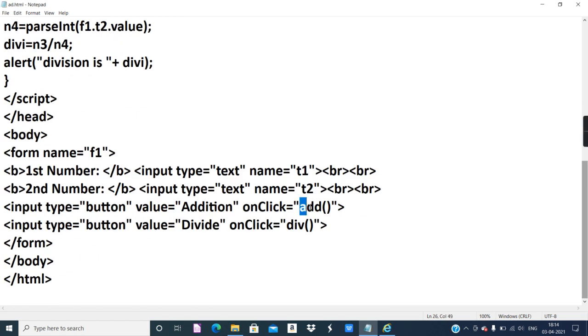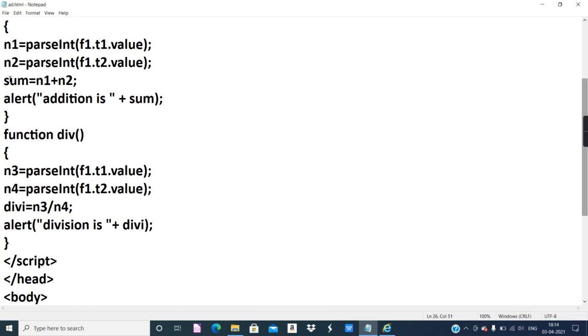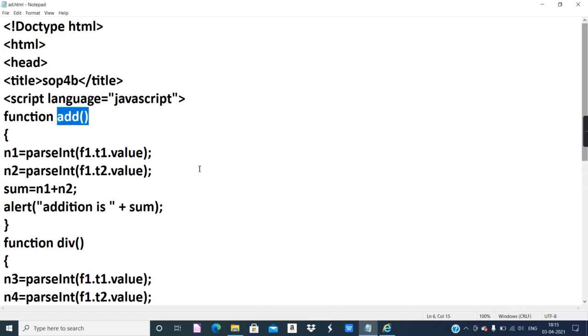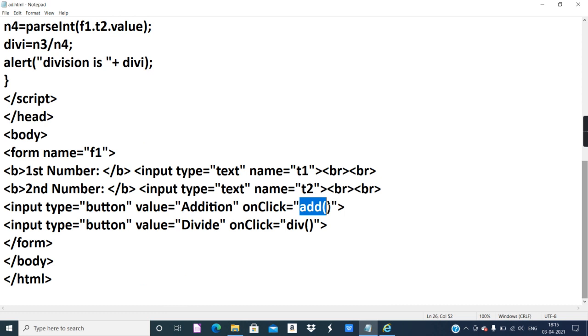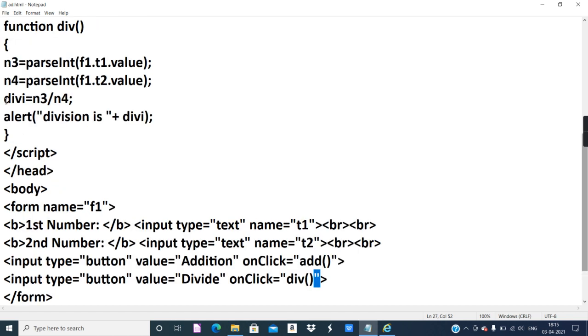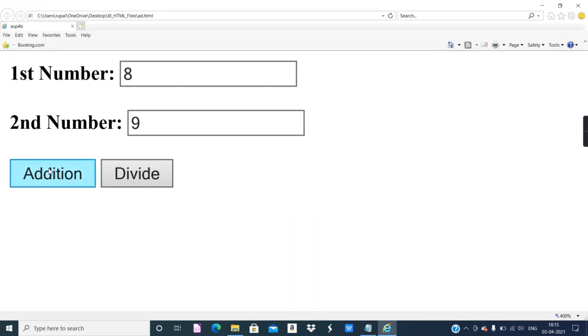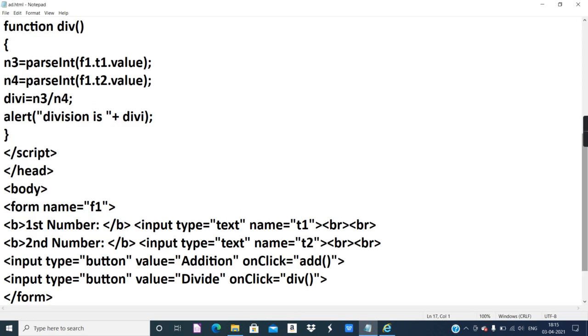and while typing here if you give a capital A, you will not get the correct output. You know why? Because this function with capital A and double D will not match this one and you won't get the correct output. So while typing, be very careful. JavaScript is case sensitive. Yes. And mention them in double quotes. And this is how you link the button with the function, and that is how while clicking on the buttons you get the specific output in the alert boxes, because we mentioned alert over here like this.